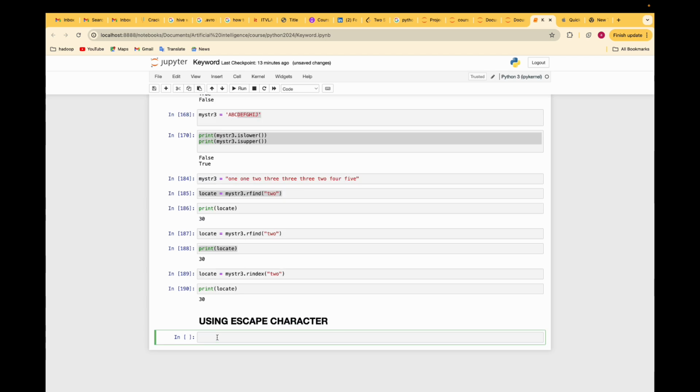Using escape character. So I will be using double quotes inside the double quotes. That means my string equals to